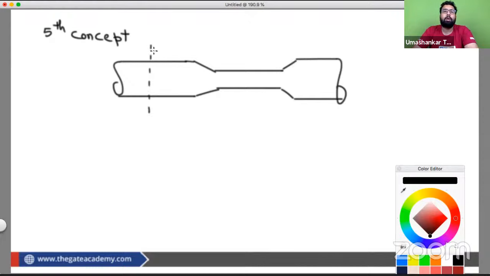If I apply the Bernoulli equation here and here, let's suppose this is 1 and this is 2. This is also known as the short section because the